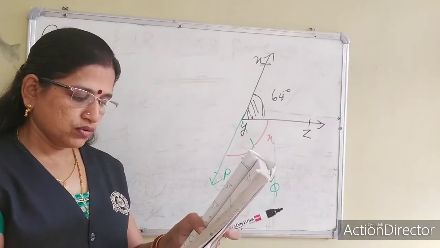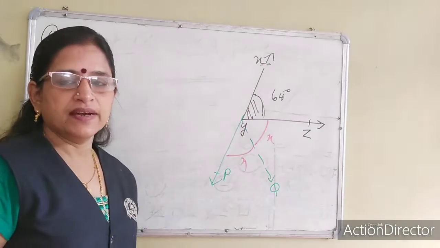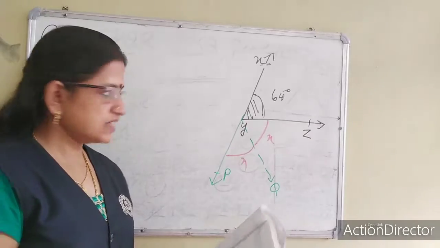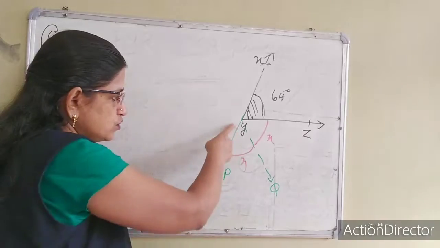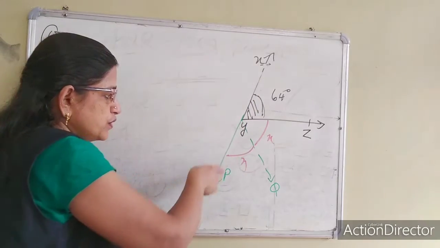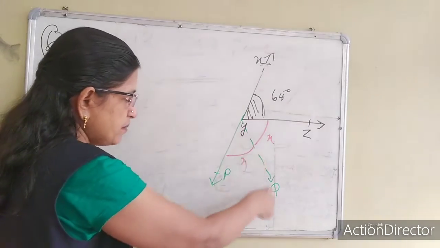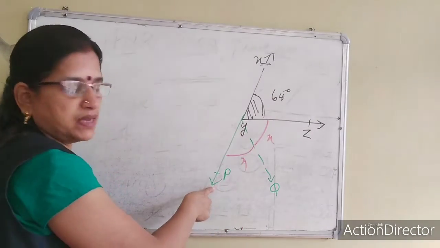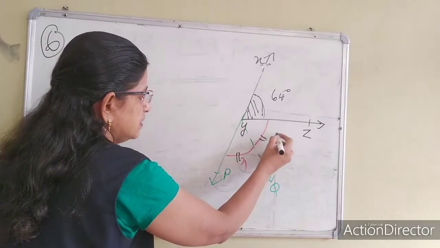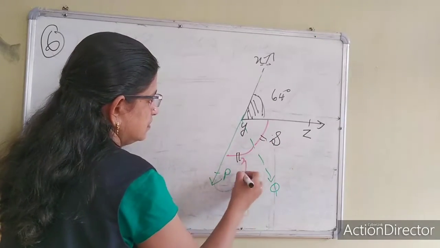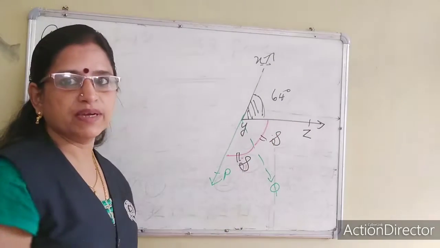Now let us move on to question number 6, where it is given angle XYZ is 64 degree. It is an acute angle and XY is produced to the point P. So shown in the different color, you see this XY is produced to the point P, and YQ is the bisector of this angle XYP. Bisector means it is divided into two equal parts. So I name this angle as S. So these two angles are equal. When it is a bisector, these two angles will become equal.